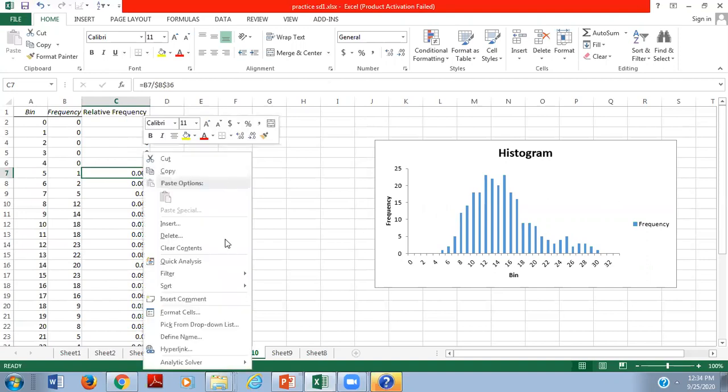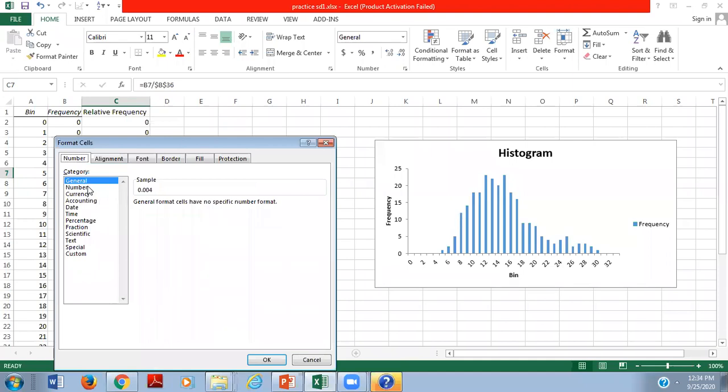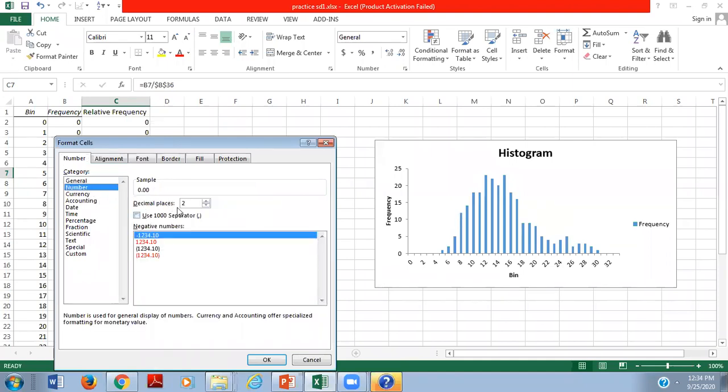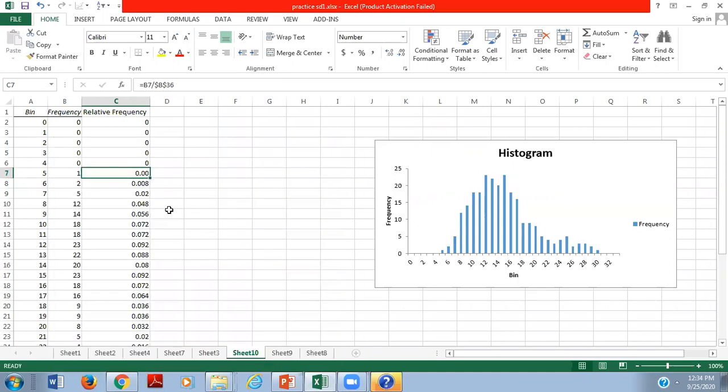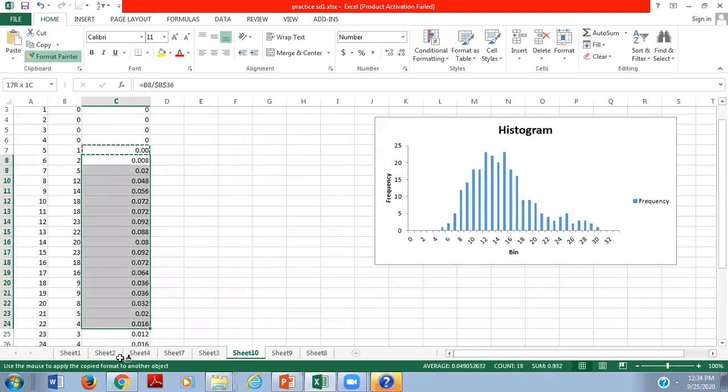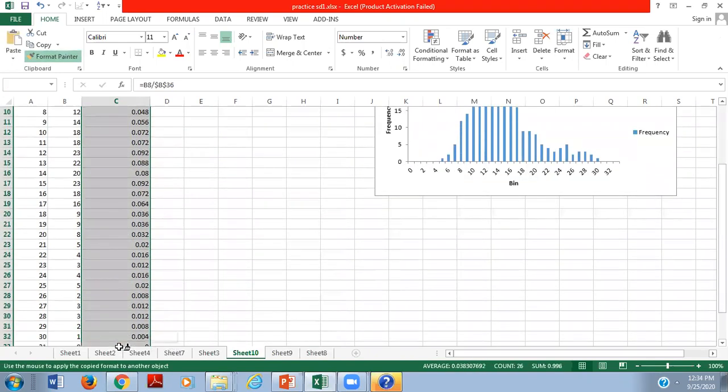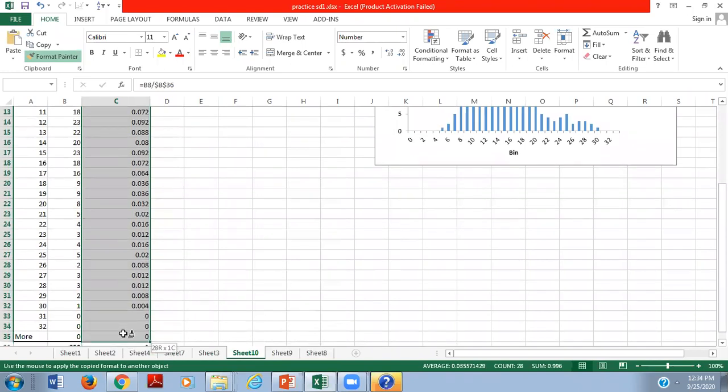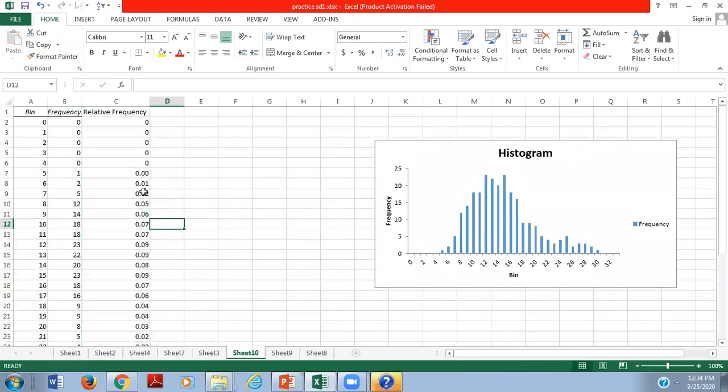So we have to go to the Format, Number, and the decimal places should be 2 only, right? Then we have to format every cell. So now only two decimal values are there.